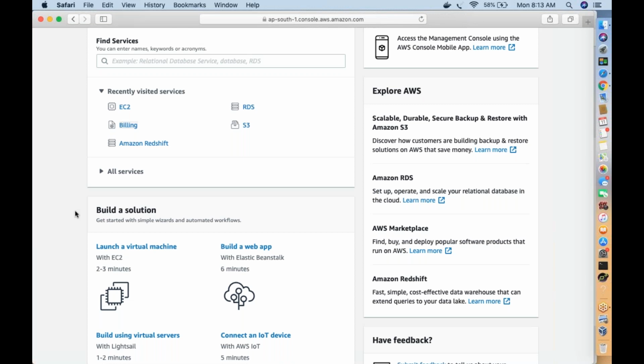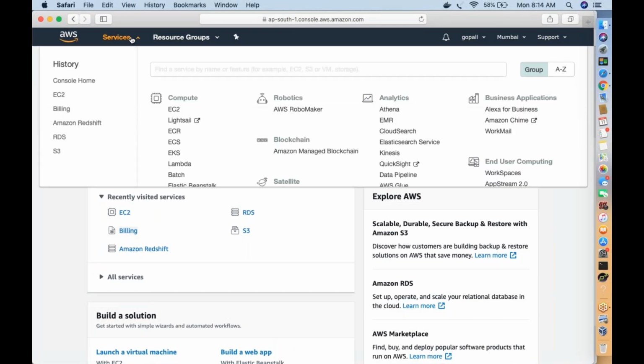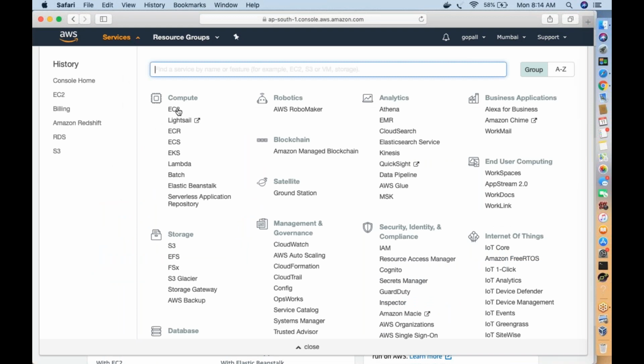Now, how do you know whether your account has been activated to create an EC2 instance? Simply, you can see Services on top. Click on Services, then click on EC2, Elastic Compute Cloud.